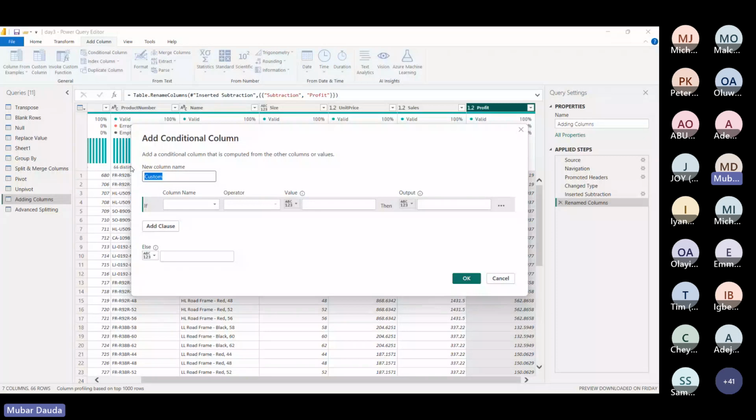So I want to look into this size, and I say if size is equal, because size is a number value. If size is equal to 48, it should be